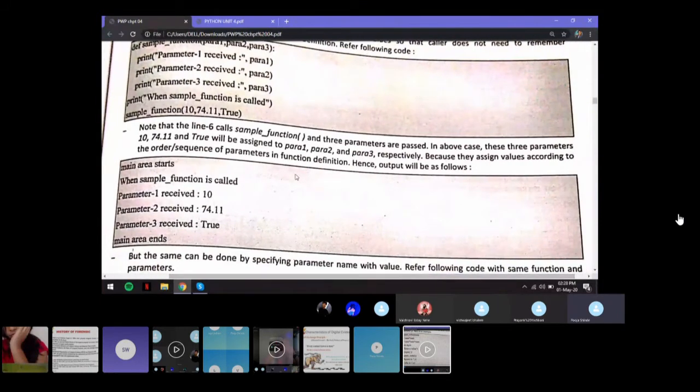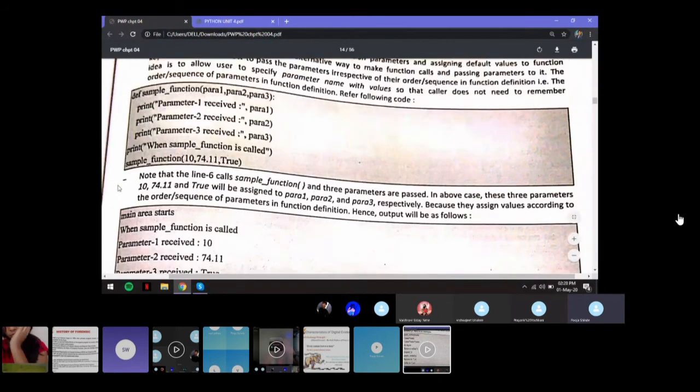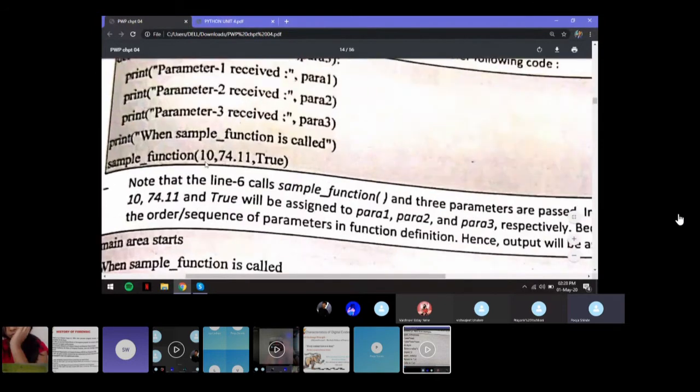In the above case, these three parameters will be assigned to para 1, para 2, and para 3 because they assign values according to the order and the sequence of the parameter definition, and therefore the order of the output will be so. That means when we are calling the function and we're assigning three values, that is 10, 74.11 and true. So 10 gets assigned to para 1, 74.11 to para 2, and true to para 3,